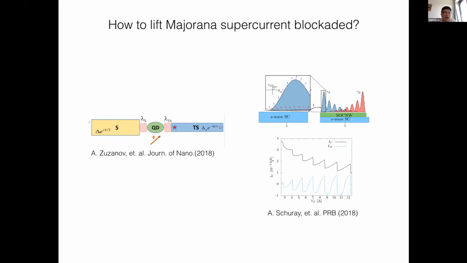For example, you can consider a more complex device with a quantum dot in between, to break the pi phase shift between the two processes. Also, people have considered the superconducting lead to be finite length, so that the two Majoranas from two ends of the